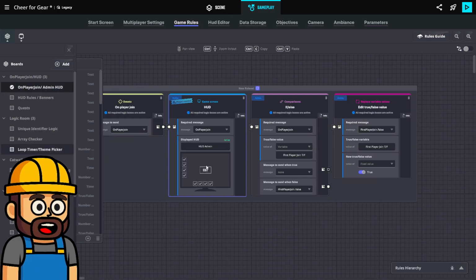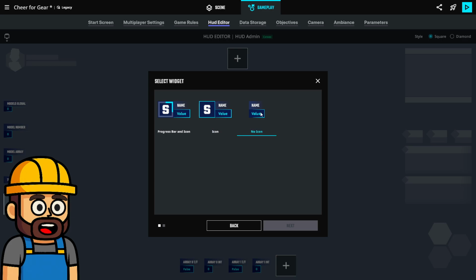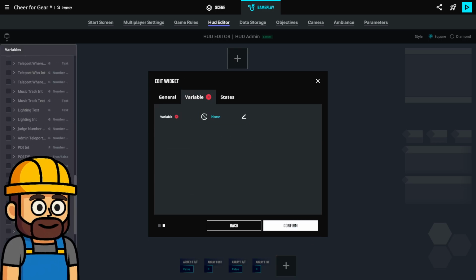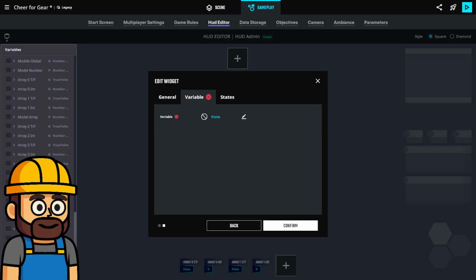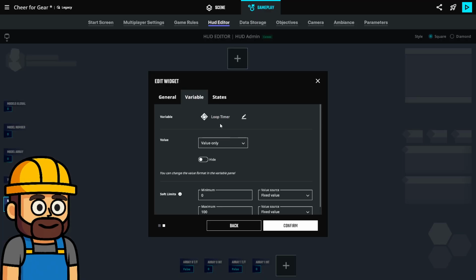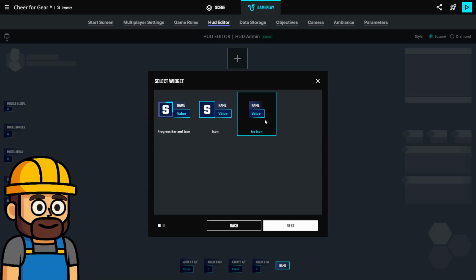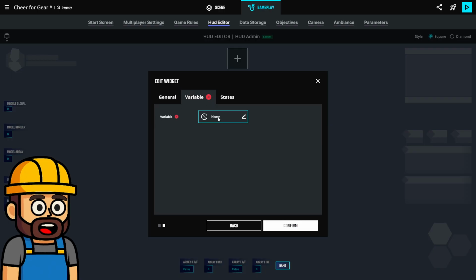We have to rebuild the HUD, but let's add the timer in here. The loop timer. Keep an eye on portal true false.